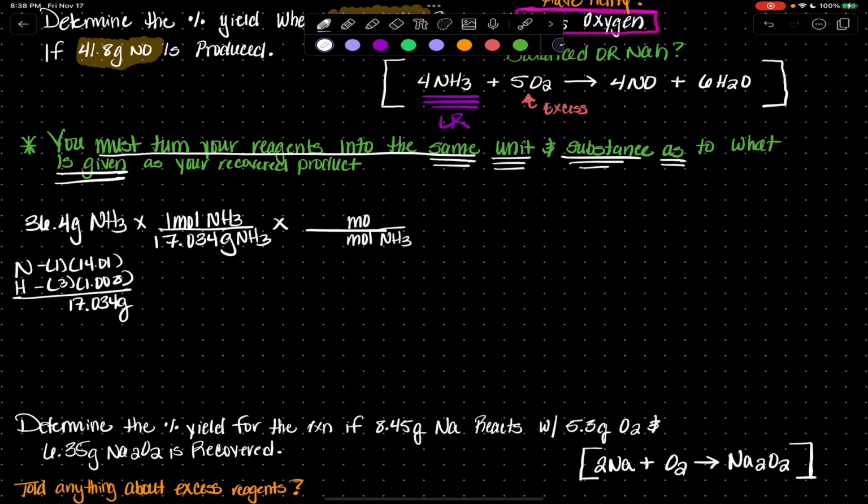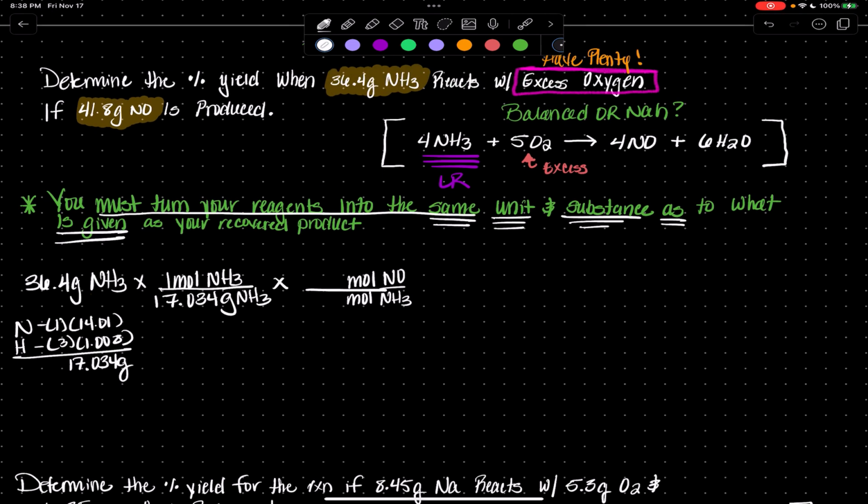So now I get to move into my molar bridge to compare going from ammonia to nitrous oxide. So I pull out those coefficients here, where nitrous oxide's coefficient is right there. I'm gonna slide that where it belongs. And I'm coming from ammonia, so that's right there. So I'm gonna put that where it belongs. There we go. Now I'm sitting in moles of nitrous oxide, so I have to push that through to grams